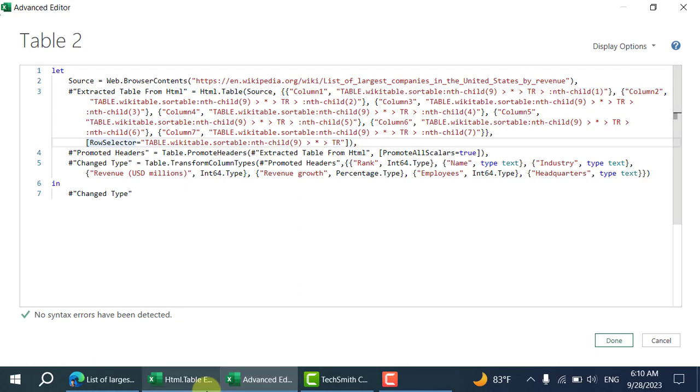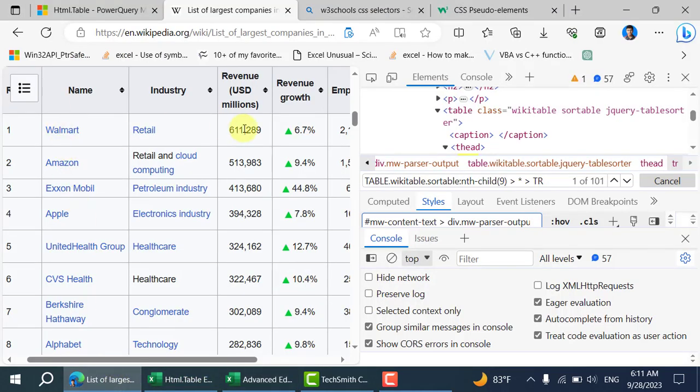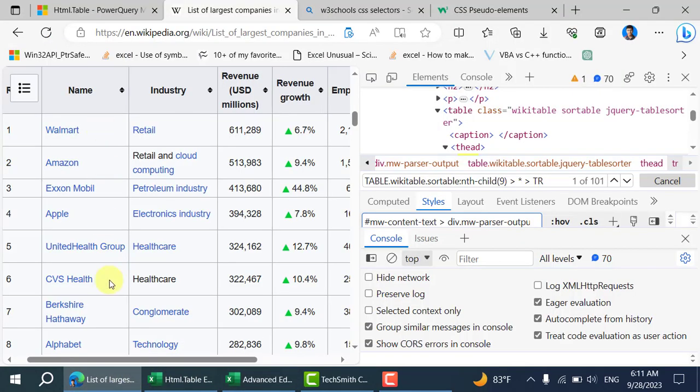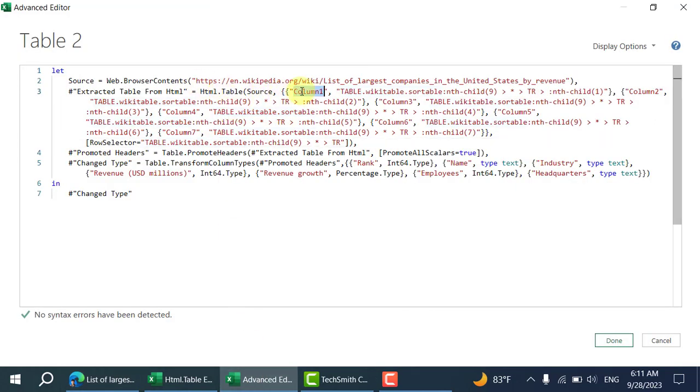So that means that it will look through each of these tier tags in this particular table. This is the first row, this is the second row, this is the third row. So we get that particular row selector. We get this first looping, that's this particular table and each row. Now the next step, for this column 1, use this